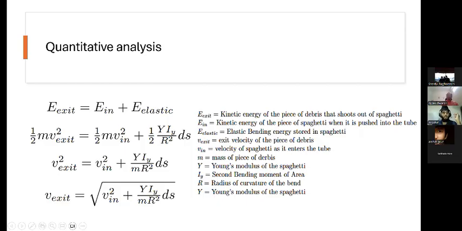Now, if you want to model the exit velocity of the spaghetti, we know that the exit energy of the piece of debris that flies out, let's take that. Kinetic energy is obviously just half mv squared, and for elastic energy, we've just derived the formula as half YI by r squared times ds. Equating these, our exit velocity for the piece of debris is the square root of the input velocity squared plus YI by